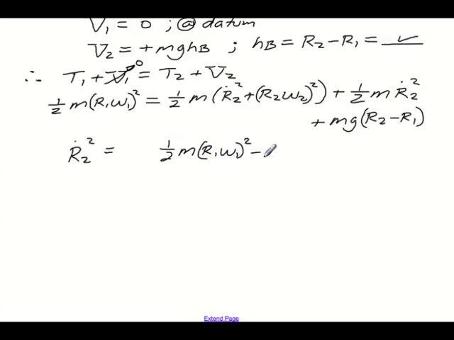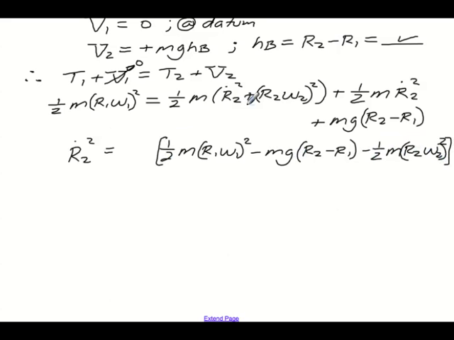I'm bringing over my potential term, which is mg (r2 minus r1). And then I will have a subtraction here of 1/2 m r2 omega 2 squared, like this. And I need to multiply this by,